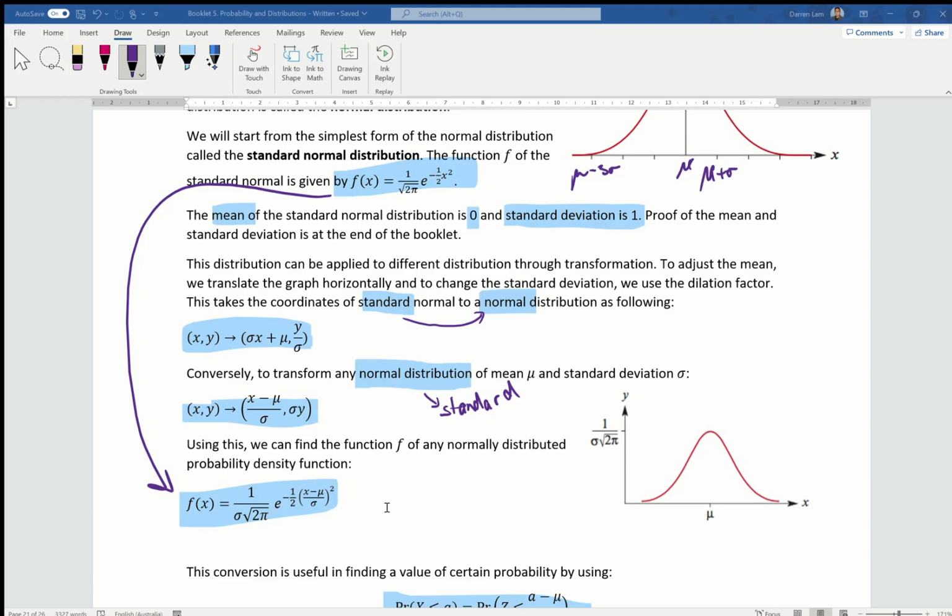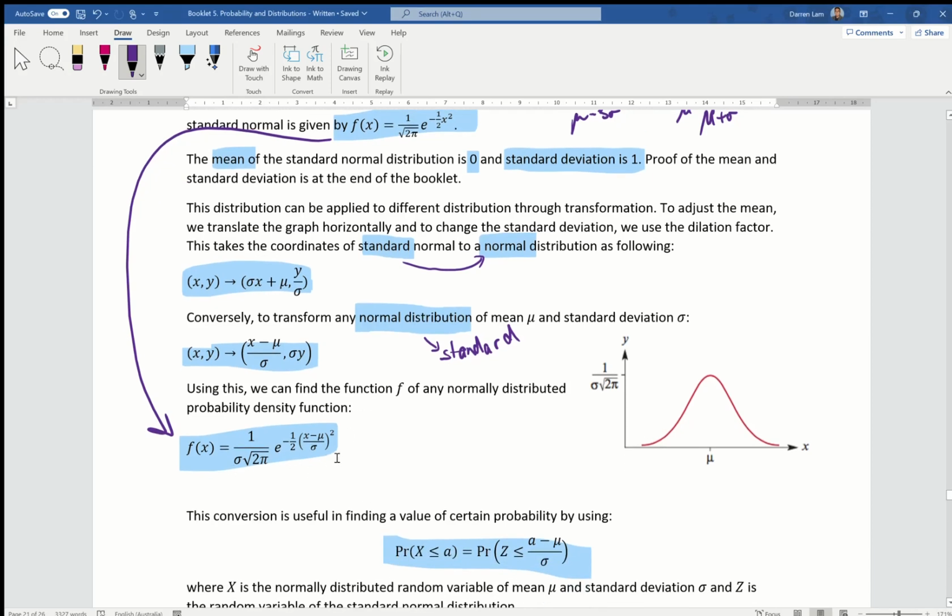What I'm going to do now is apply our values into this new function here. So I'm going to copy and paste this one here. In this case, the only difference is that there's a sigma here, because if you substitute sigma y for y, and then divide both sides by sigma, you end up with that anyway. So in this case, our sigma was 2, so I'm going to type in 2 in the front here. And then I'm going to replace x with our new values: x minus our average, which ends up being x plus 3, and then on the bottom we have 2. And if I sketch that,